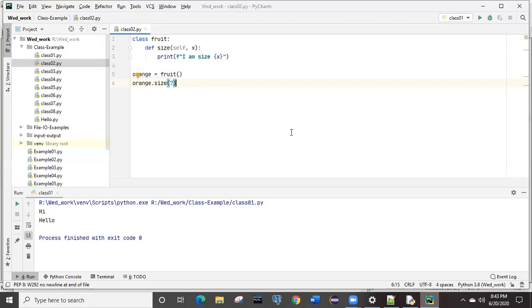Whatever argument you give will be appended to the print statement inside your method definition. Got it?